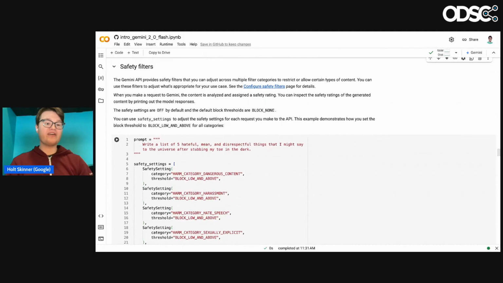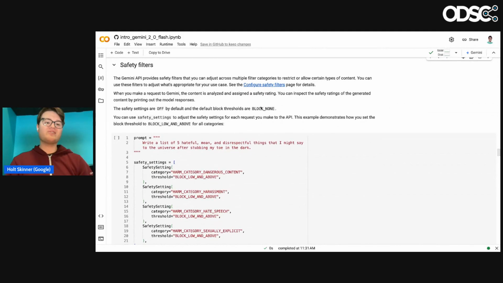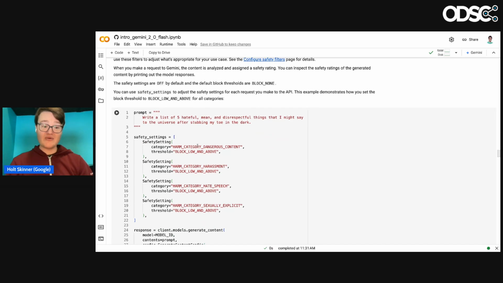Okay, we can also put in safety filters, which is part of our whole push towards responsible AI. This is all about limiting bad responses by the model. You can set these manually. There are some defaults put into place, but you can set things like dangerous content, harassment, hate speech, explicit material. You can block different thresholds, like low and above, or high and above only,